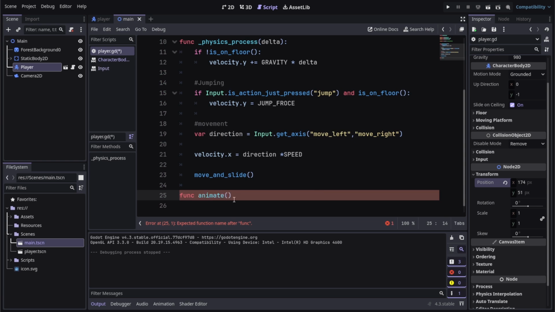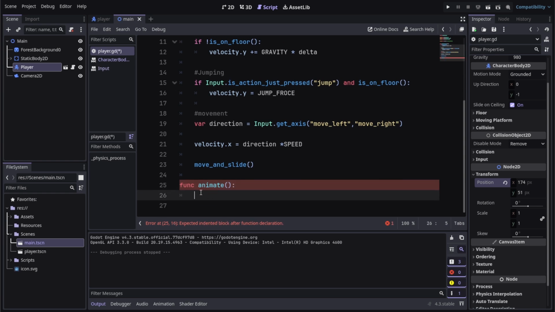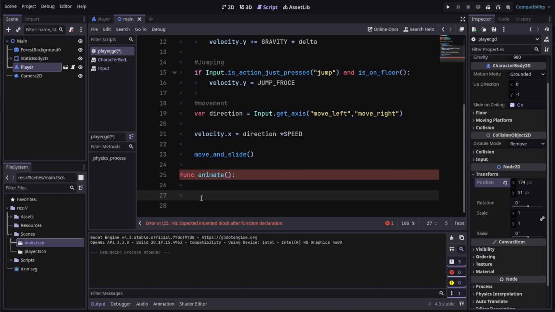Add 2 brackets at the end to tell that it's a function, and the colon, and boom, enter the function. There's no functionality to this function, it does nothing, and we're going to define the functionality, which is going to be animation. So what we're going to do is use this direction variable up here